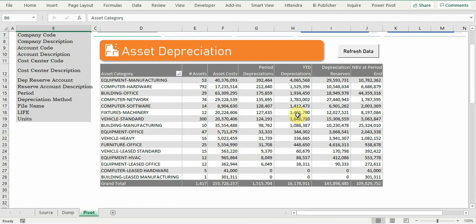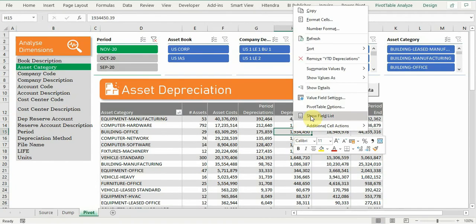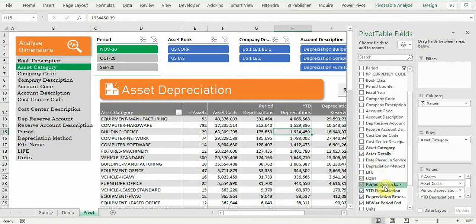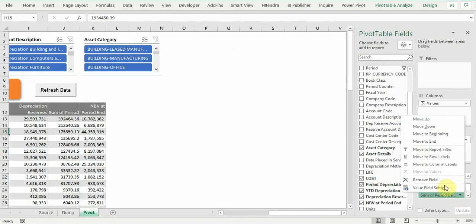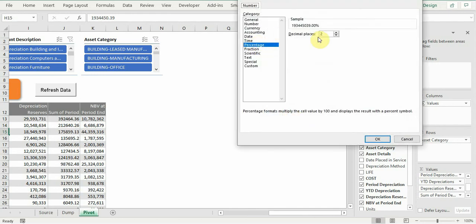be available. Now let's see if there are some calculated columns. So how this dimension view will be impacted or have effect. So let me add one column like the percent depreciation. So what is the percent depreciation? So I will add period depreciation in the value column and change it to show value as percent of grand total, dep percent, and formatting it as a percentage with no decimal.